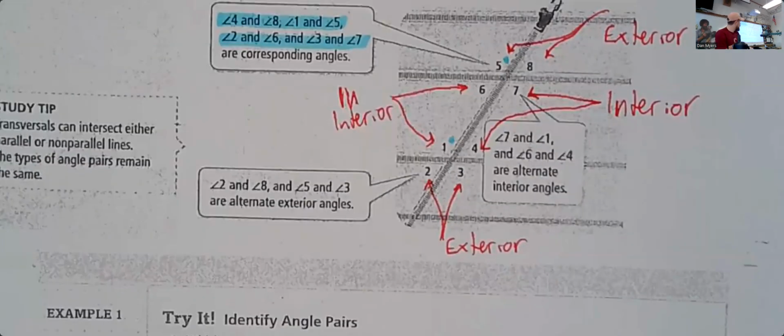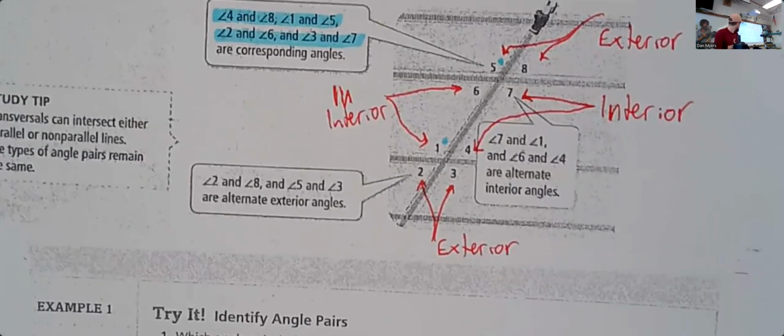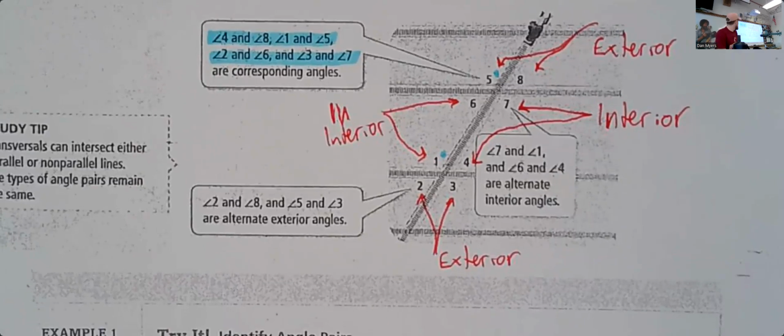These are also interior. So half of them are interior, half of them are exterior. So corresponding angles, there we go. They are on the same side of the transversal, and one of them is interior, one of them is exterior, right? So if you look at the same side of the